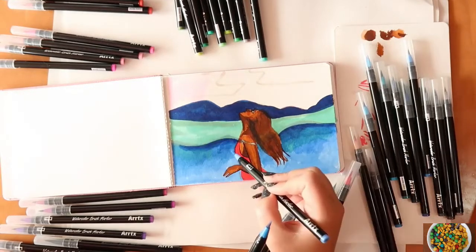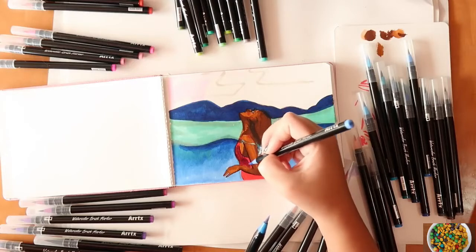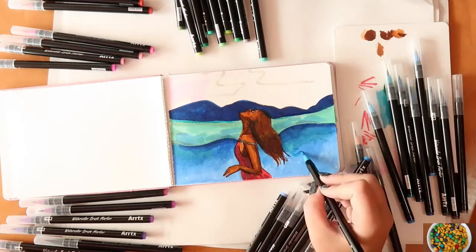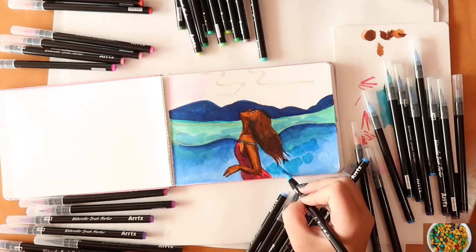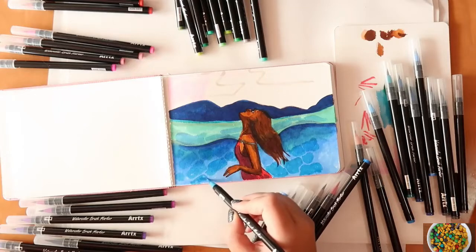So what I did is I separated all the colours around my desk into their different groups, like the blue, greys, greens, pinky, oranges, purples, and browns. And I think that really helped me to decipher where I was going with this image, because I was like, okay, this blue and then this blue, and I liked that they had an array of colours within colour groups,